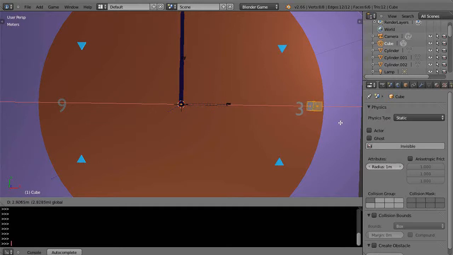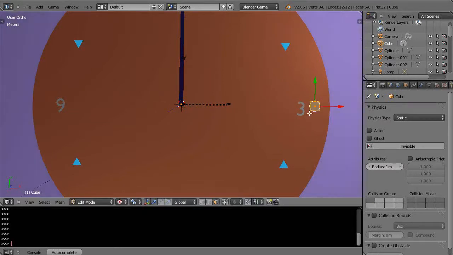Right, and I'm going to move it out to here. All right, in fact, I'm going to switch over to ortho mode for a second as well. So there it's lined up with the center. You can see my numbers are not lined up. I'm going to have to move that up a little bit. Numbers don't align quite as easily because the center is not right at the middle of the object when you first put it on. But then from here, if I wanted to add another object to the scene, I just